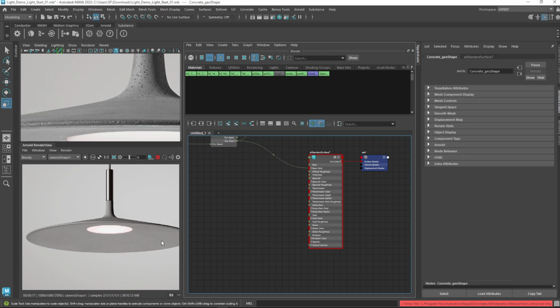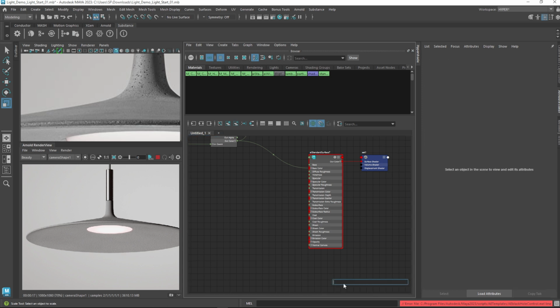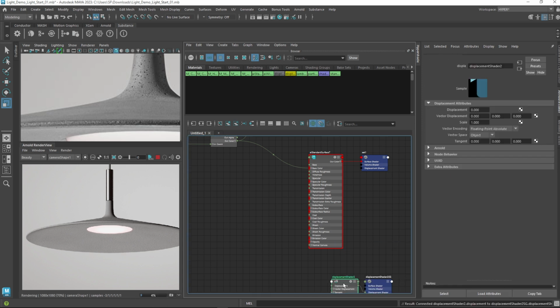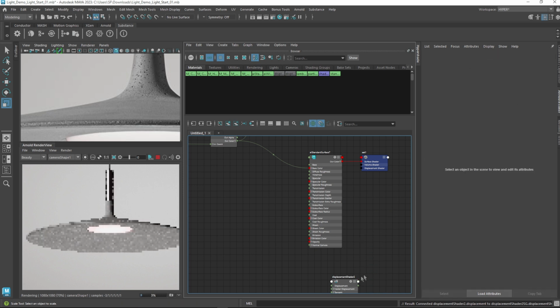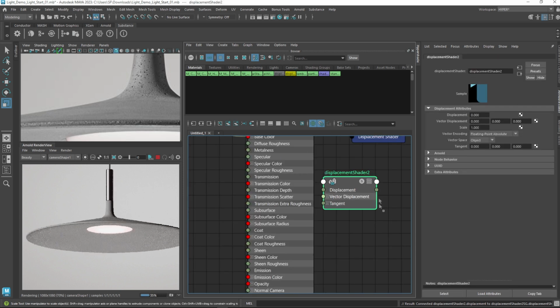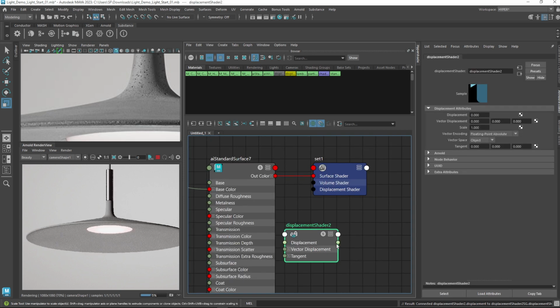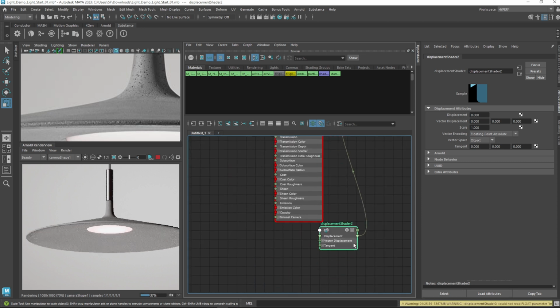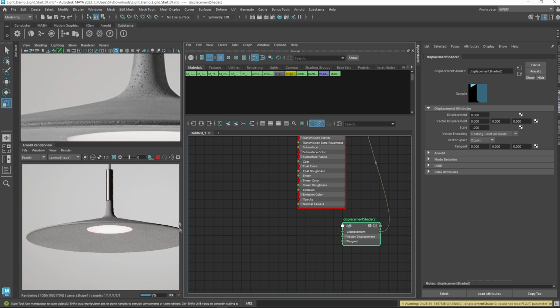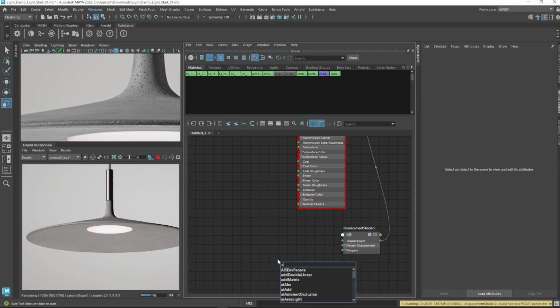So let's place a displacement shader in and delete the shading group, and then take the output and put that into the displacement shader. And then we will use an AI noise,